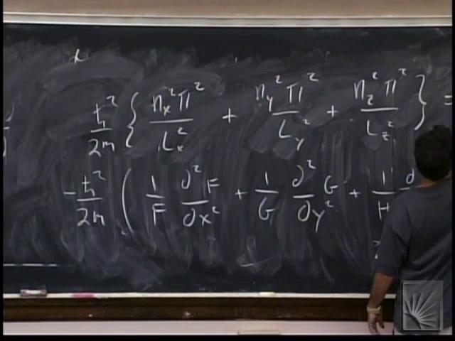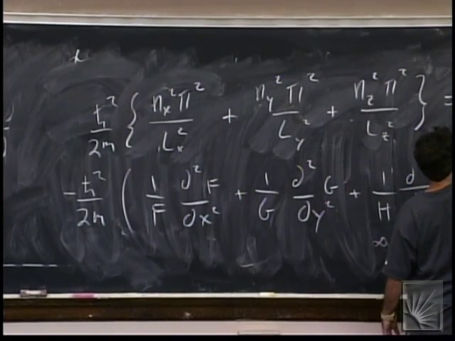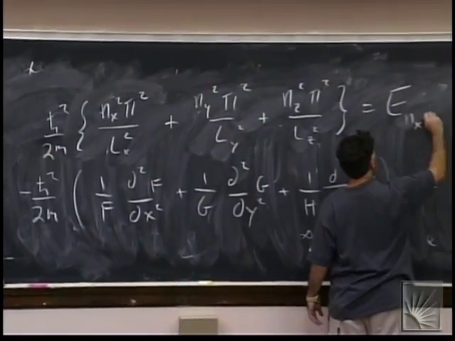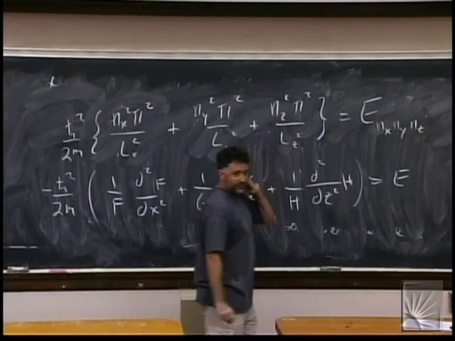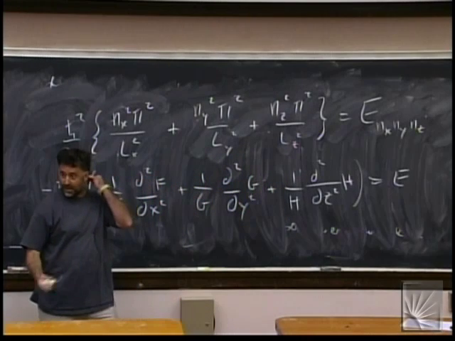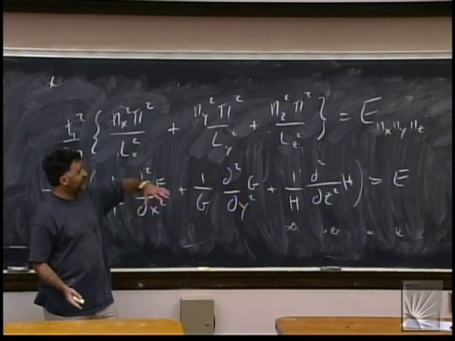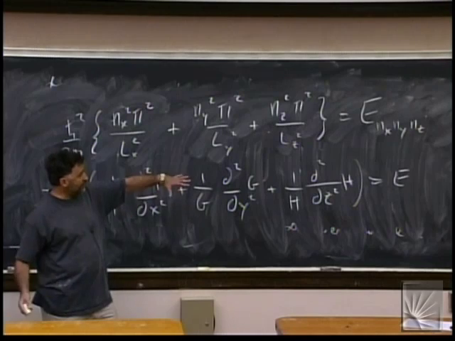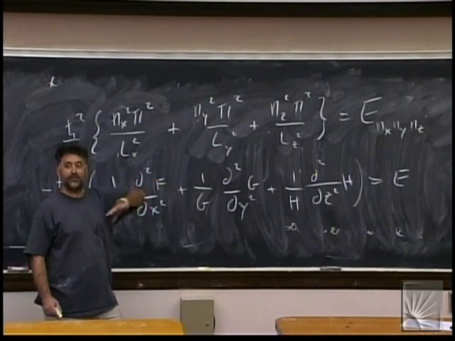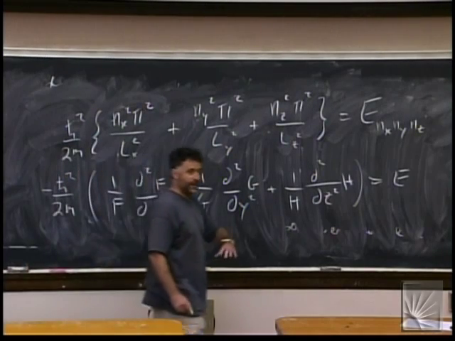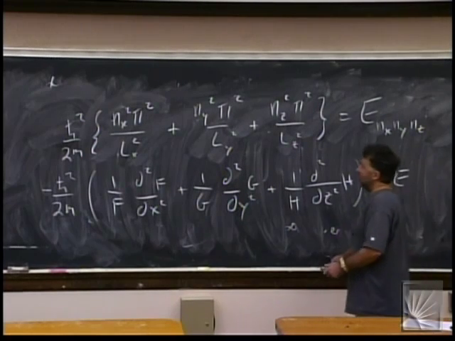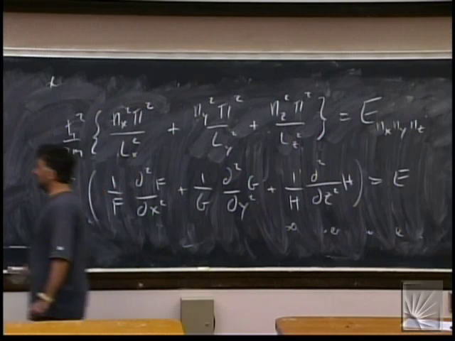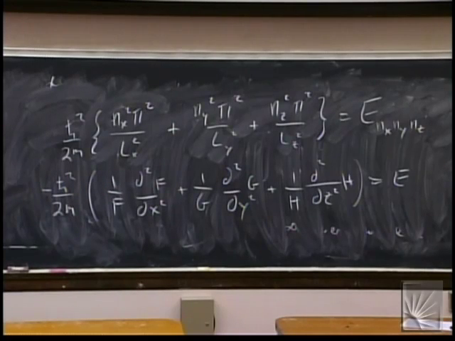And that's going to be E. And then you have three quantum numbers here, which you always get in three dimensions: n sub x, n sub y, n sub z. Okay? So we now have quantized our energy, and we have energy levels, and we have wave functions. And you can do the normal things, like normalize your wave function, and the whole wave function looks something like